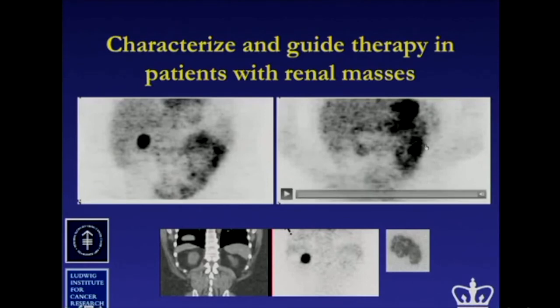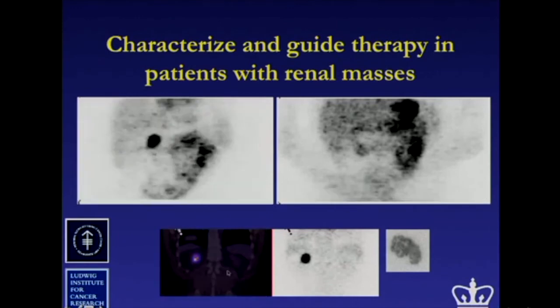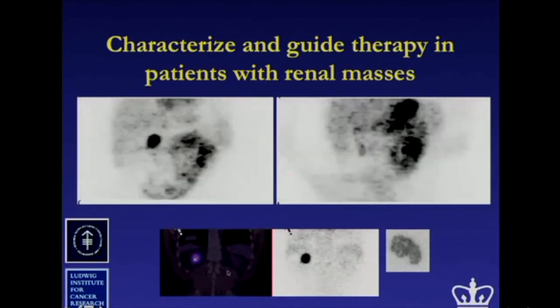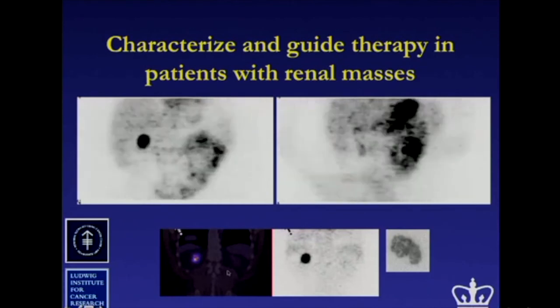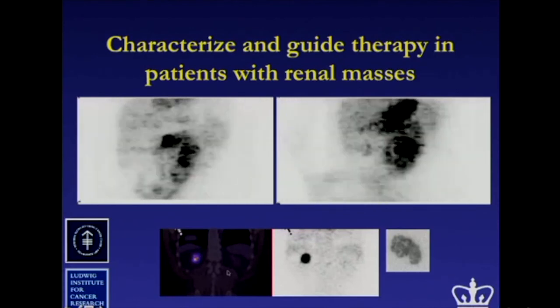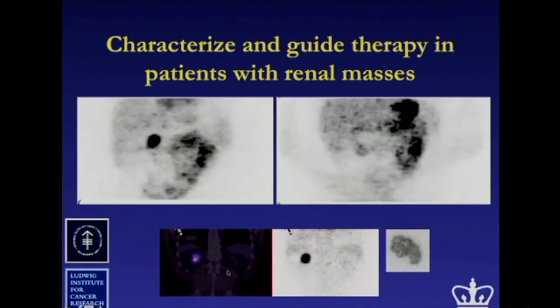And we were able to do that by something else that's becoming increasingly common, which is hybrid imaging. I'm showing you the positive, because if I showed you the negative, you wouldn't have a clue what I was talking about. But there was no way I could have called this lesion as being negative if I wasn't able to fuse the CT and the PET in these patients, and therefore identify that the CT abnormality did not have a PET correlate.